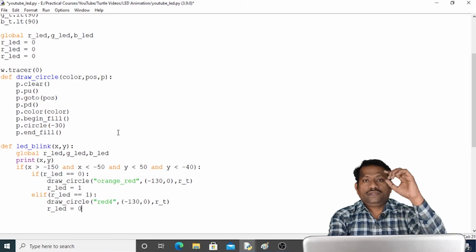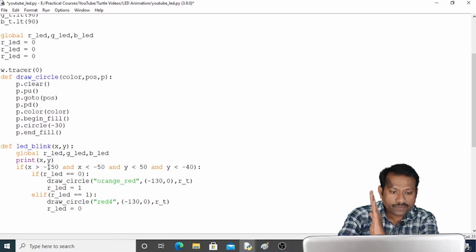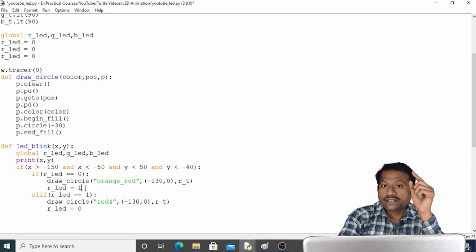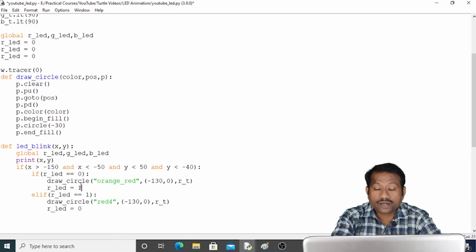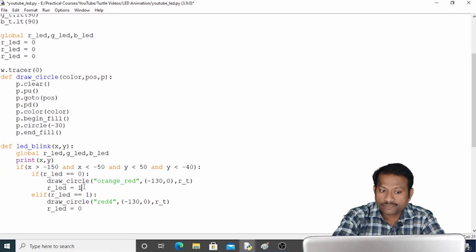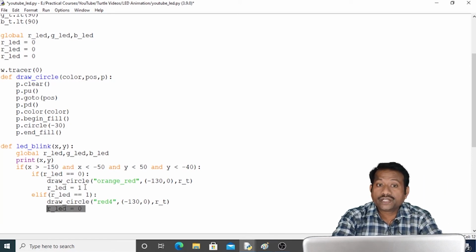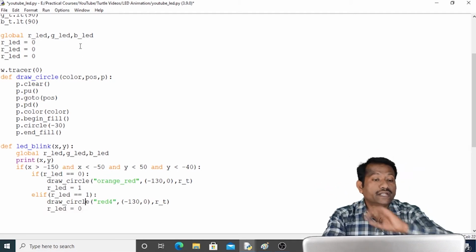If the red LED variable is 0, it means the LED is off, it will check this if statement, it becomes true, it will go to this part of the program, make it orange red, and this R_LED variable status becomes 1. Next time it will not go to this part of the program which is making the LED on. As it is 1, it will go to the else part and switch off the LED, and we have not changed the status of this LED. Initially it was 1 here as well as here, that's why it is not making the LED off.